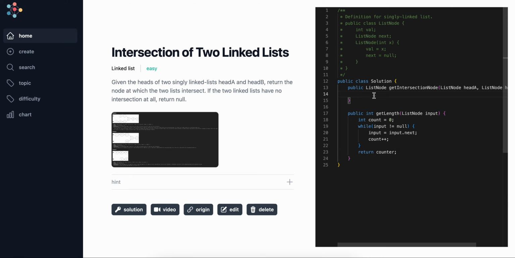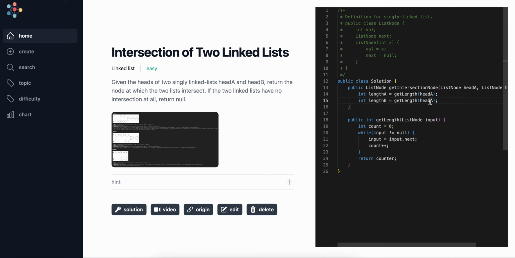Next, in the main function, I will create two integers, where the first one is the length of linked list A, which will be getLength, and then I'll pass the head. With similar logic, I will calculate the length of B. Then after that, I will check, so if length A is less than length B,